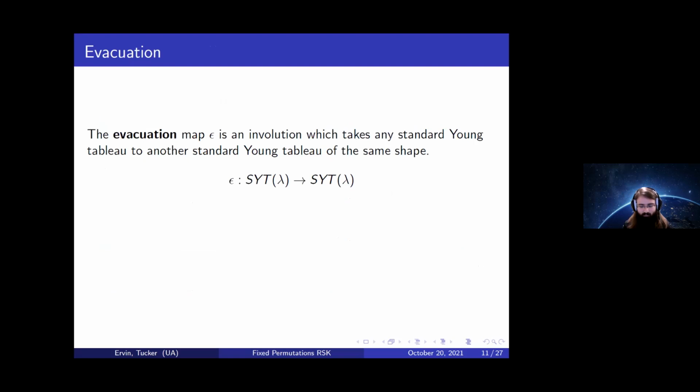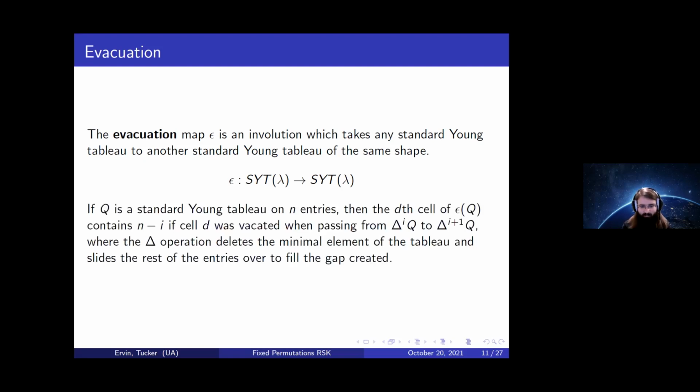So if we have a standard Young tableau Q, we apply evacuation to it, it's going to spit out some other tableau P that is the same shape. And if we apply it to P, it's going to spit out Q. Really, really nice stuff that relies on this concept of the delta operator, which we're not going to go into. But it basically,